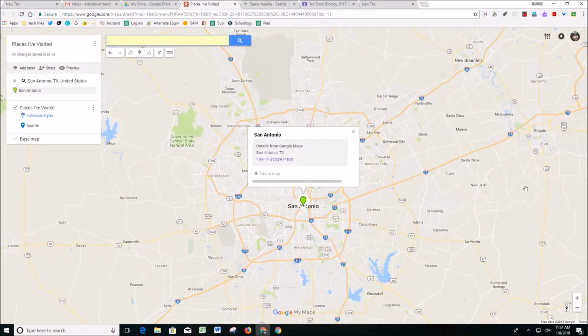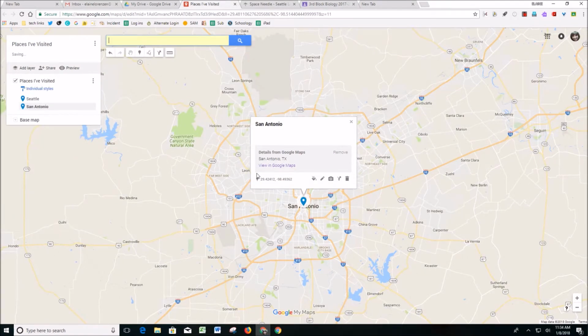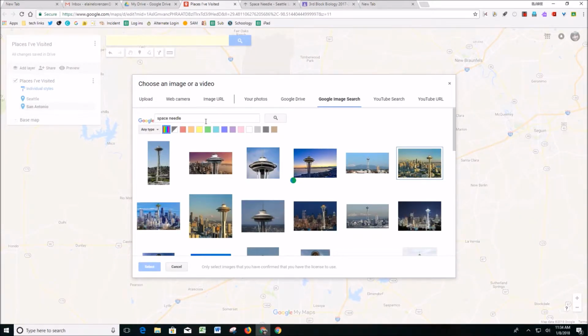And there's my marker for San Antonio. I want to also add that to my map. Okay, so San Antonio. Should I look for a quick image? I would have to put it in again. I know,